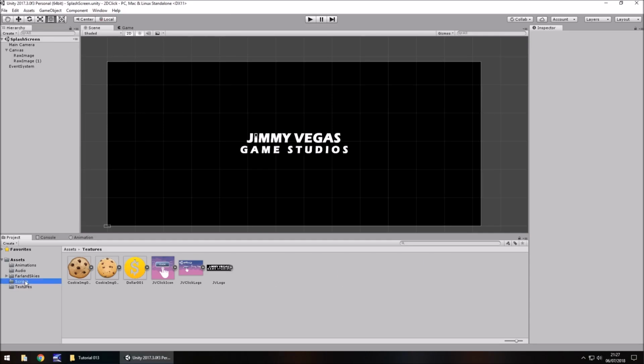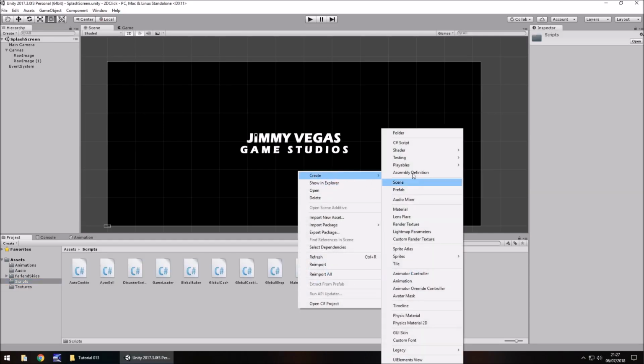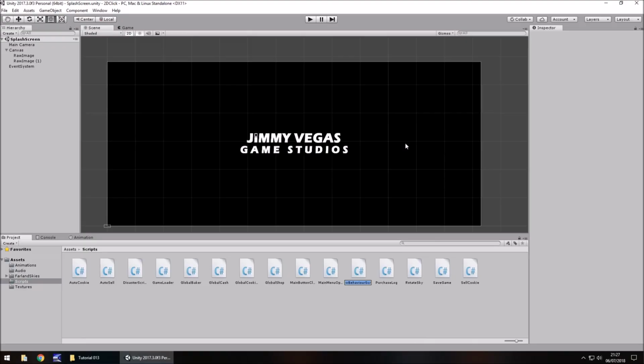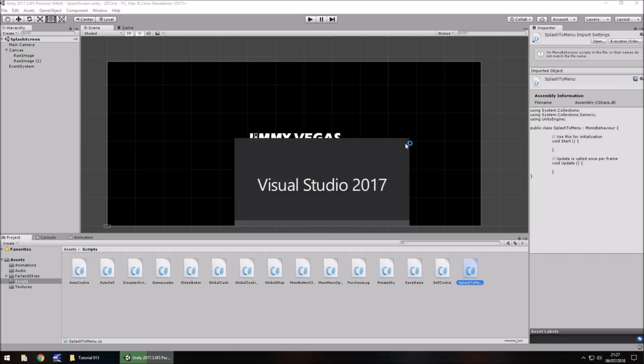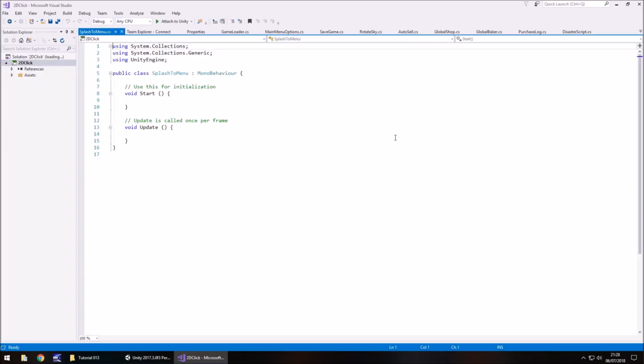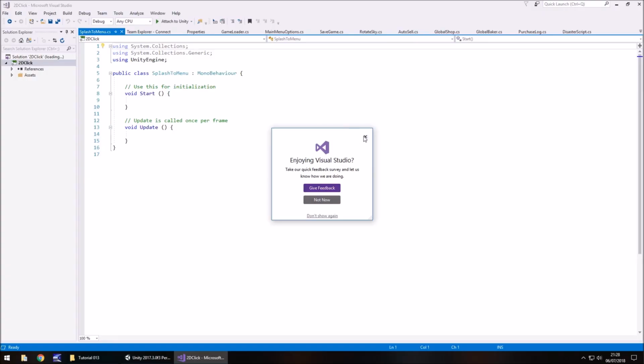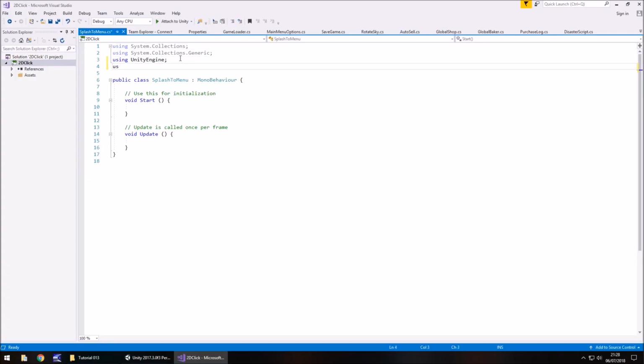With that in mind, we need to go to our scripts, right click, create a new C# script, and we'll have this splash to menu, and open that up in Visual Studio. So if you remember last time, we used the scene management namespace to be able to take us to a different scene, and we're going to have to do the same again for this one. So the idea is we're going to go using UnityEngine.SceneManagement;